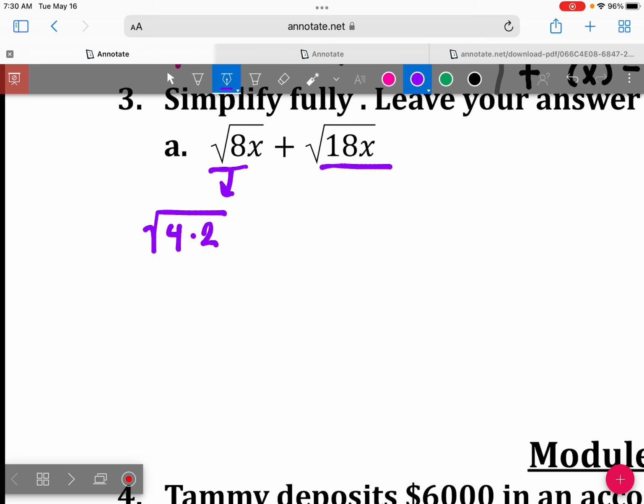What's the square root of 4? 2. Can I take the square root of 2 of this guy, or is he left over? He's left over, so he's going to stay in the house. And then can I take the square root of this x, or is he staying inside the house too? He is staying inside. So we have 2 square root of 2x